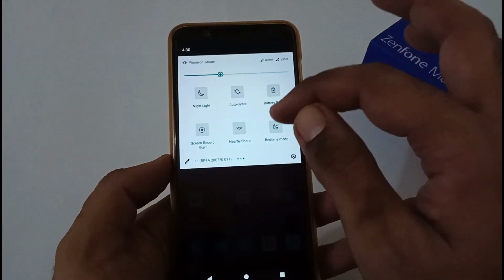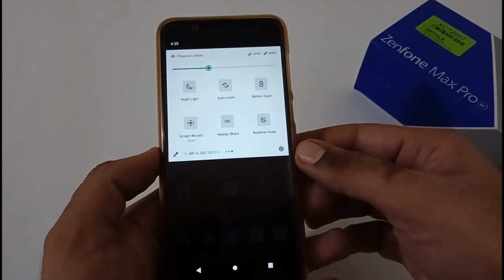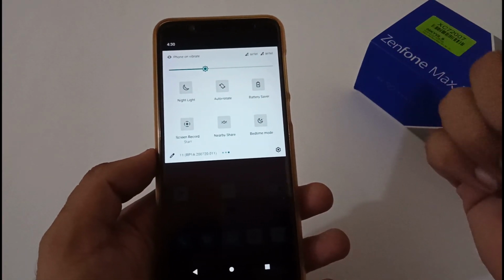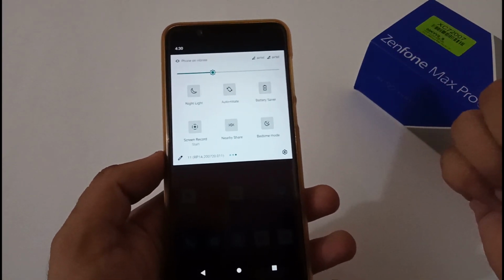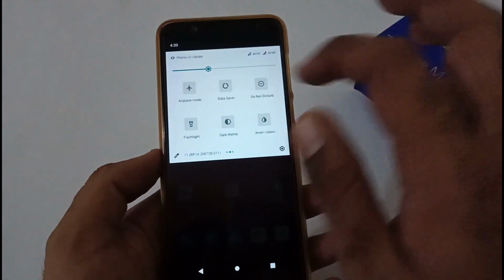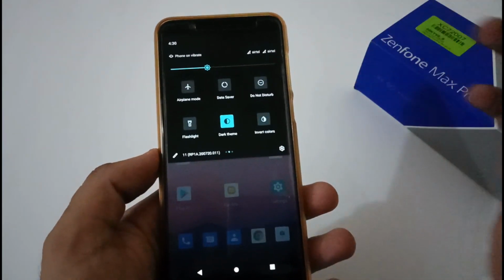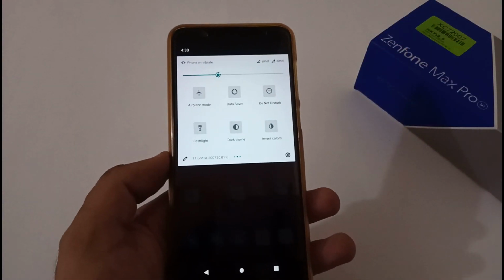And aside to that, the inbuilt screen recorder functionality is available and working absolutely fine except for the internal audio scenario. Not sure why it's not working. And apart from this, all other functionalities are working absolutely fine, be it flashlight, dark theme toggle, and so on. There is no such problem with that.